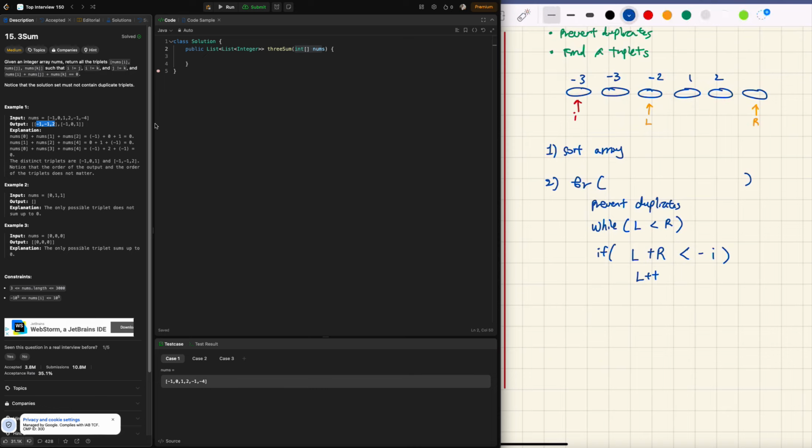Else, if the value at R plus the value at L is greater than the value at minus a. The reason I called it minus a was because a plus b plus c is 0, and I said the value at i is a, so b plus c is minus the value at i, so that's the value we are trying to get. In that case, we have to decrement our right pointer so that our sum becomes smaller, and then else, meaning that if they're equal, we are going to put